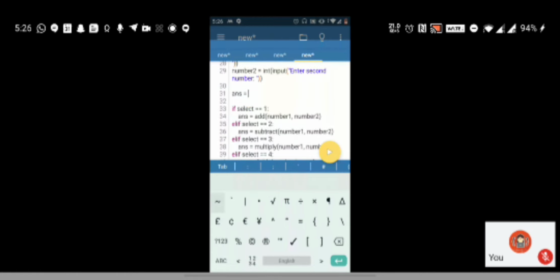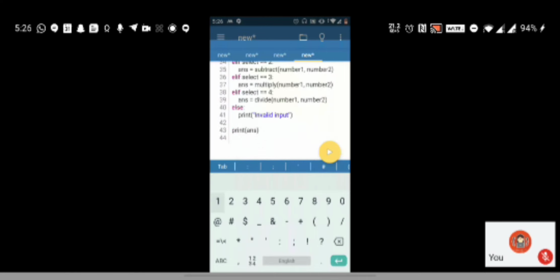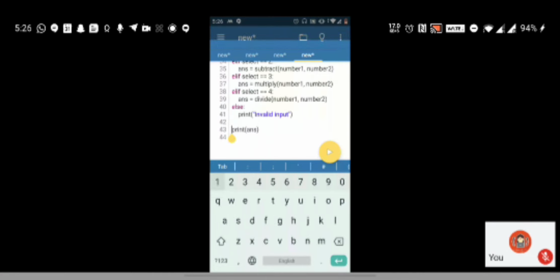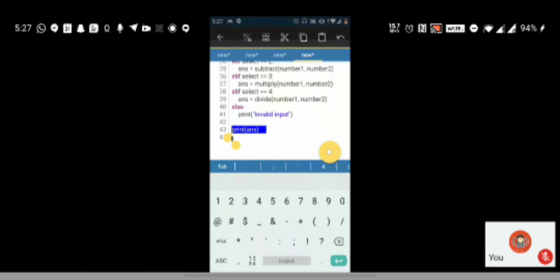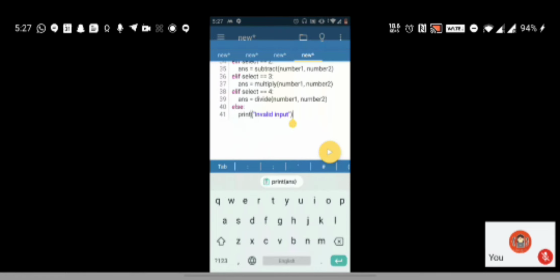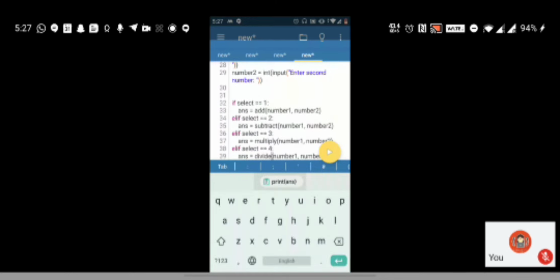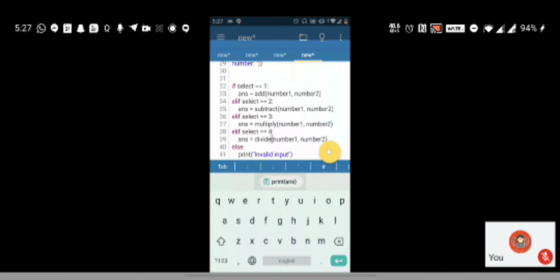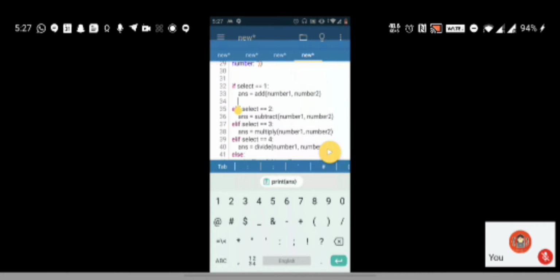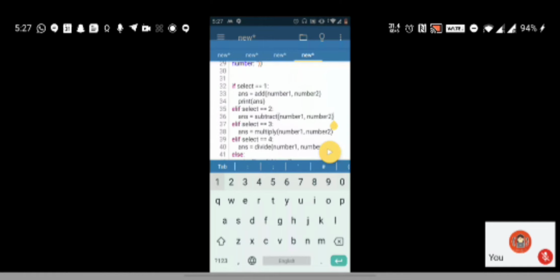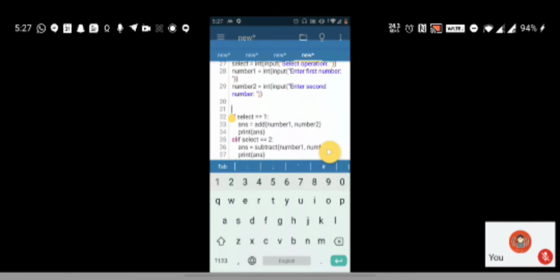It's not a very proper output. What you can do is just remove this from here. The other way could be to print this wherever it's required. After selection, if 1 gets selected, then you print ans over there itself. If 2 gets selected, then you print ans over here. So in this case, you don't even need that ans variable outside.